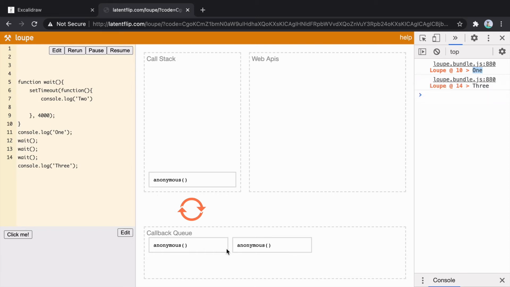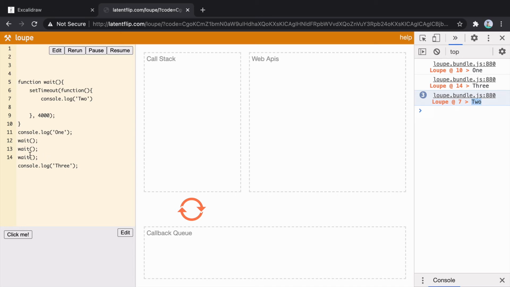Here all 3 functions were waiting in the callback queue. As soon as the call stack got empty, the event loop took the first code from the callback queue and pushed it inside the call stack, and here we can see that being executed. As soon as you resume it, you'll see the message 2 get printed from anonymous. Then the event loop will put another code here, and you can see 2 again. And for the last time, it will happen again. Inside the console we can see the message 1, the message 3, and the message 2 coming 3 times, because we are calling function wait 3 times.